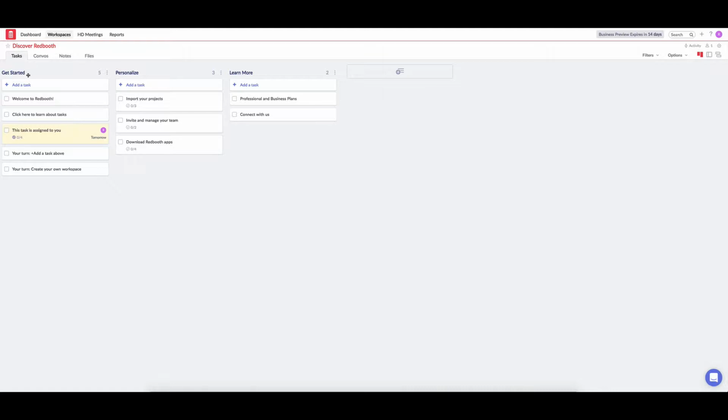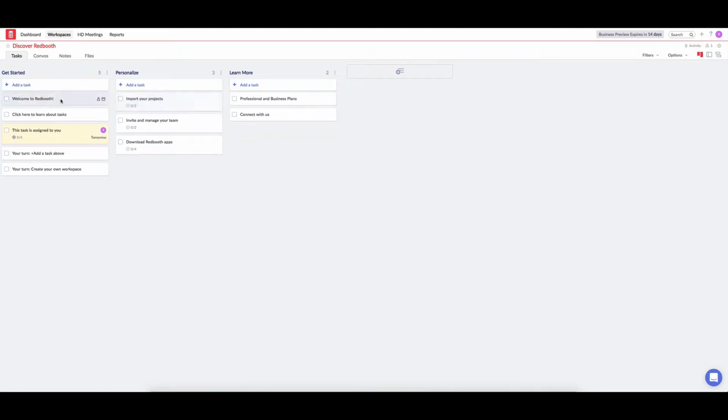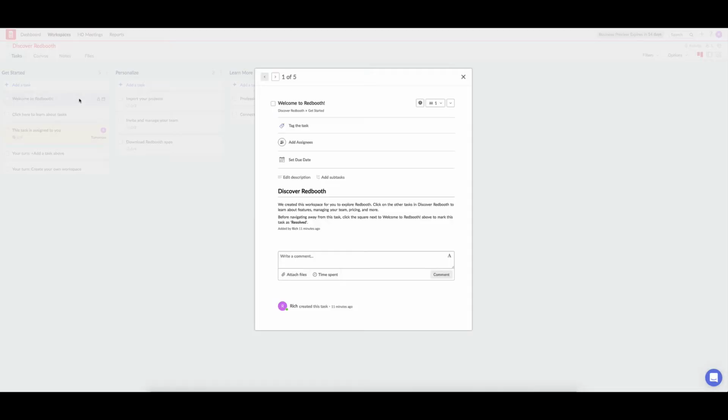those different stages. So it could be like getting started, personalized, learn more, but it could be either days of the week, or it could be stages in a sales funnel that you're moving tasks through. So you can see you can click and drag those between the different sections. You can mark them off when they've been completed, but you can also see that if I click on here,